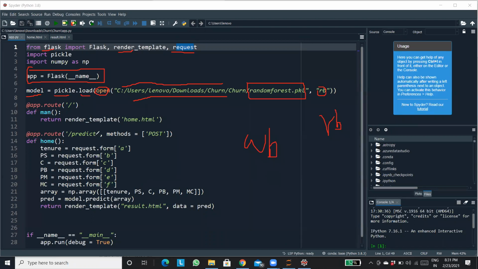So here what app.route does is, it routes the web app where it needs to go. How this is coming, you'll get to know once I deploy it. You'll be getting a link like this, okay? 126 point something something 00 point something, and in the end you'll get a slash.